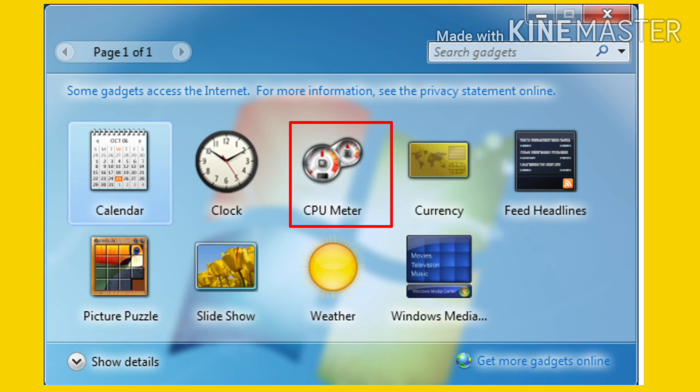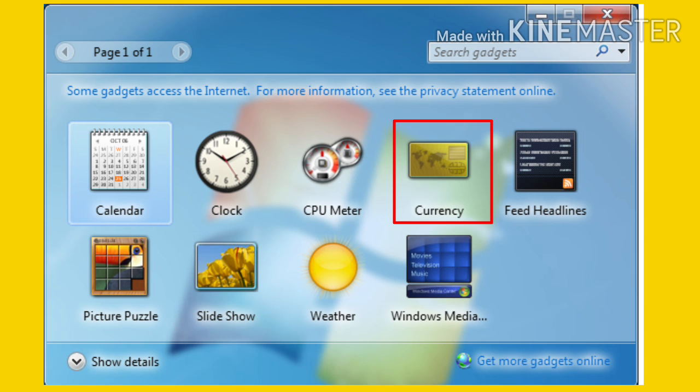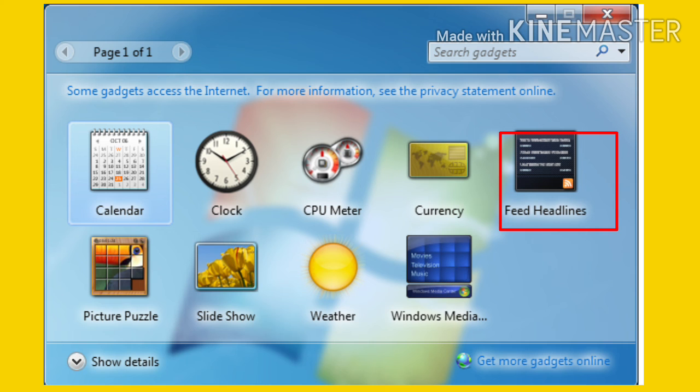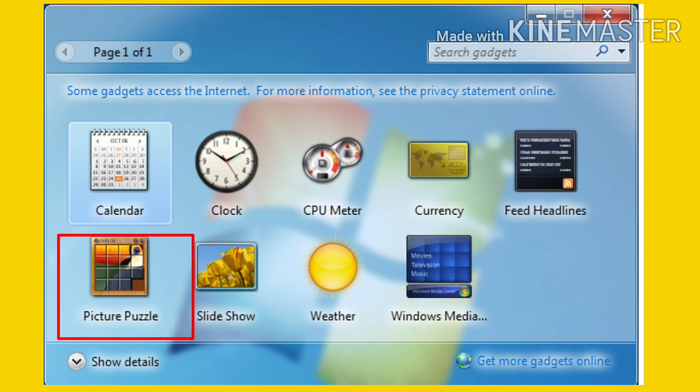It tracks your computer's CPU usage and memory usage. The next is the currency gadget. It shows you conversion rates of different currencies. Then the feed headlines. This gadget shows you personalized blogs, articles, etc.